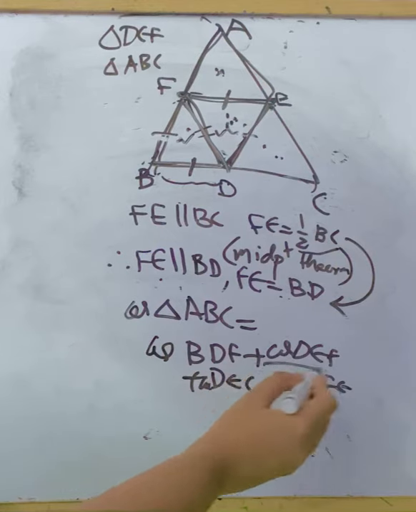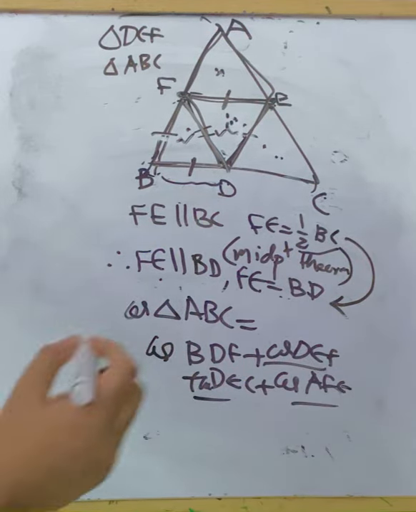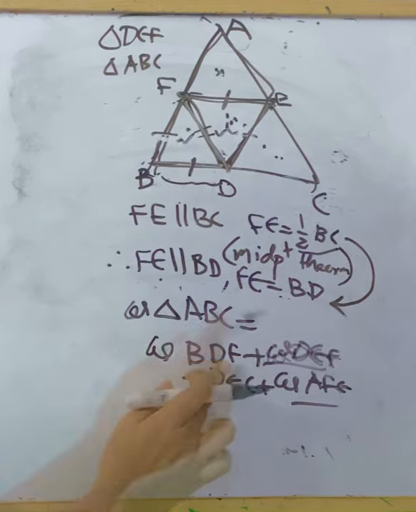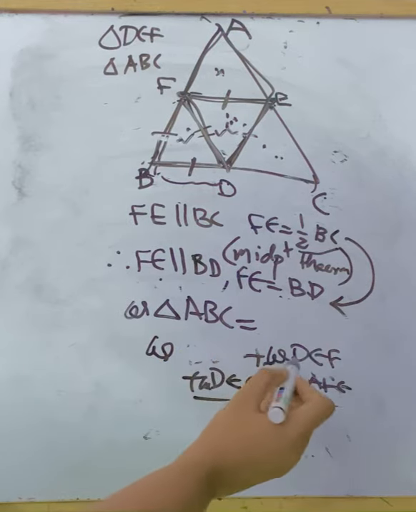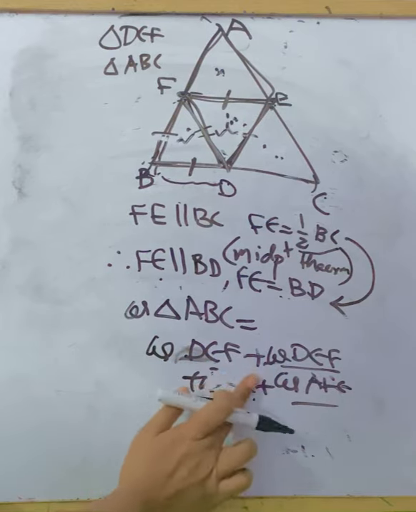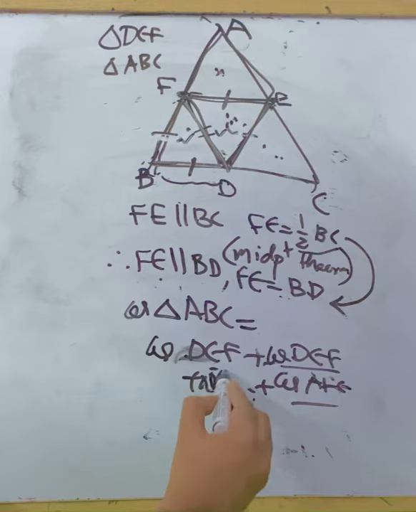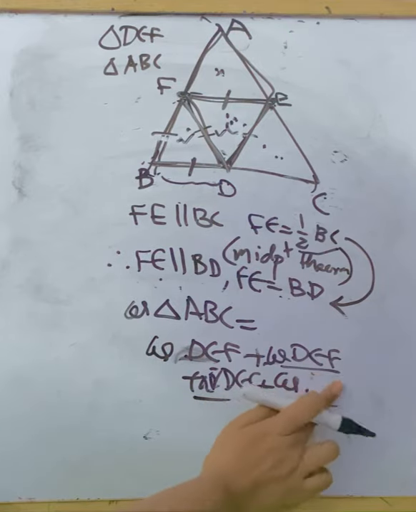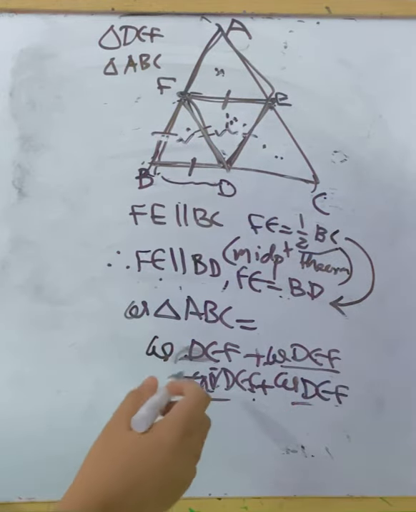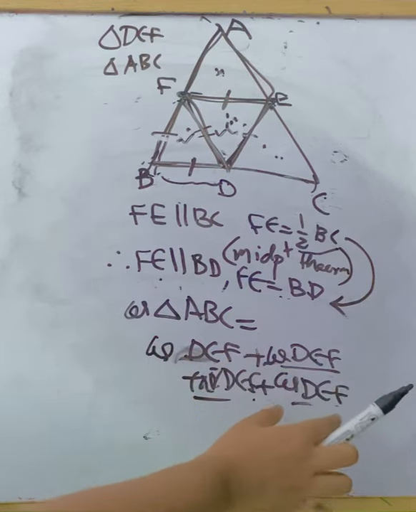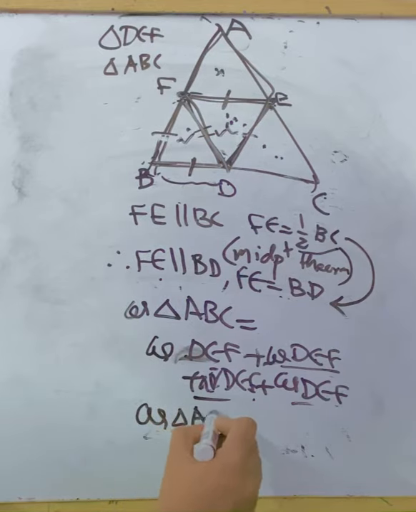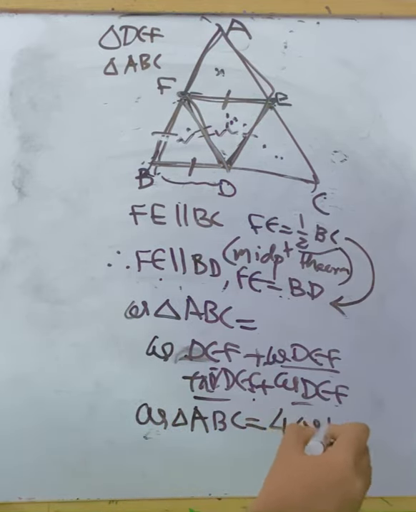That means instead of these different names, we can write a single name because all the areas are equal, because all triangles are congruent. So instead of BDF, we can write the same name DEF. Here we will write DEF. Instead of DEC also we can write DEF because areas are similar. Instead of AFE, again area of AFE will be equal to area of DEF because all four triangles have the same area. So, area of four different triangles, instead of that we write the same name for the triangle. So, we will write it as area of triangle ABC will be equal to 4 times area DEF.